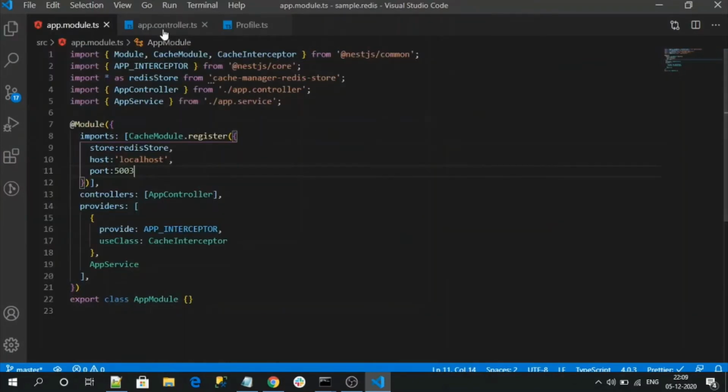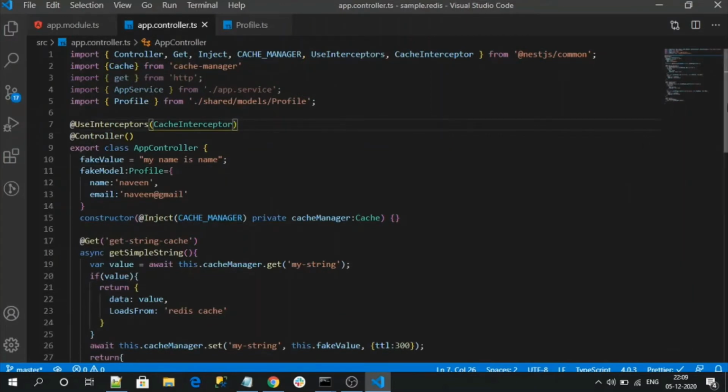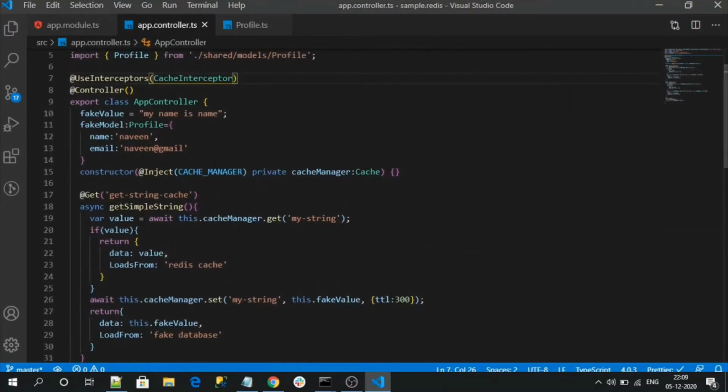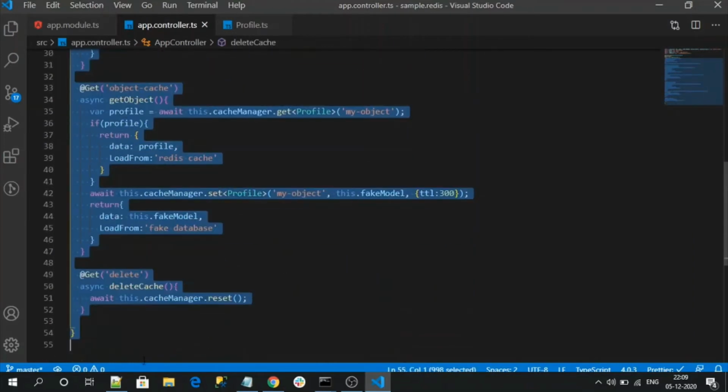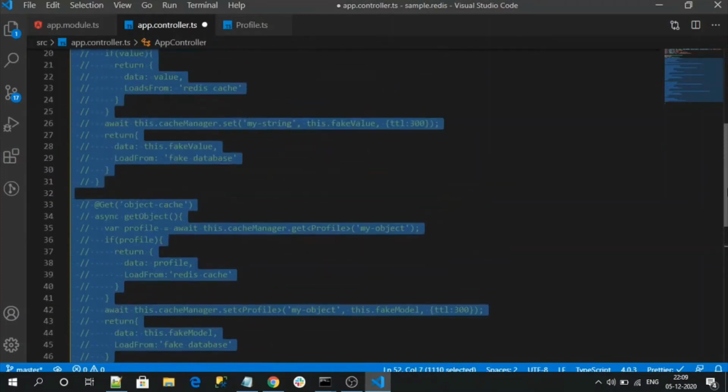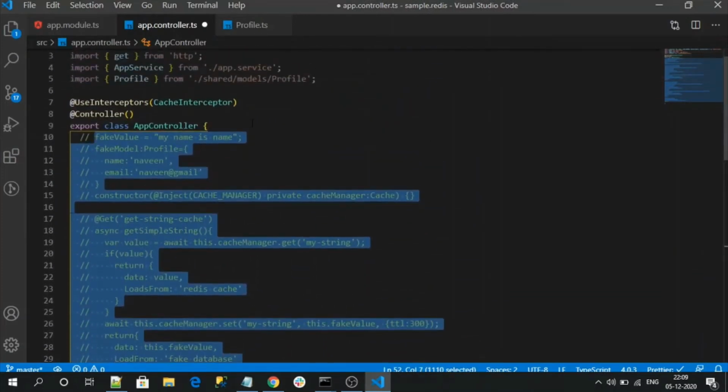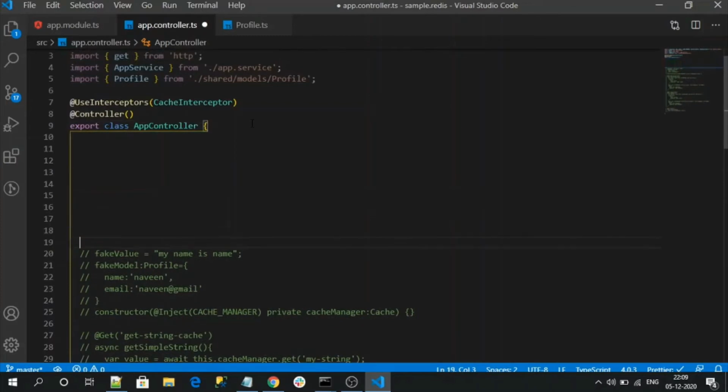Let me create some endpoint that's going to load. So let me get rid of all this code, comment it, and let me create a new endpoint.